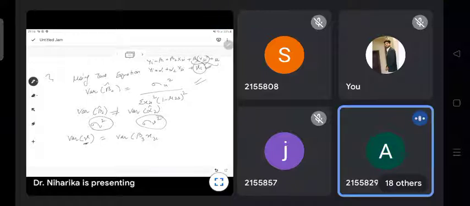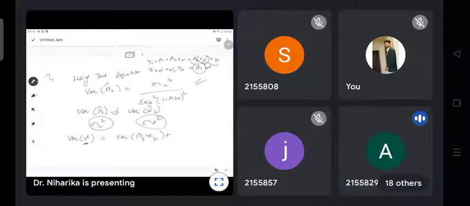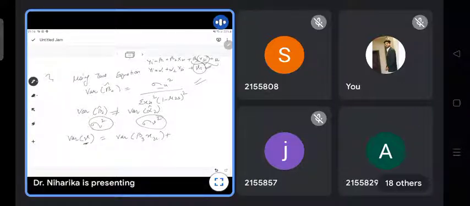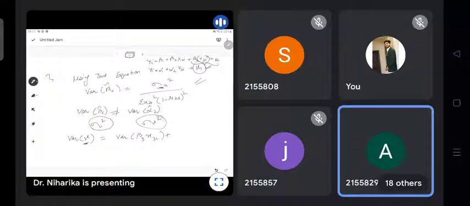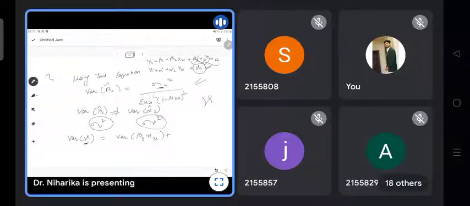Excuse me, ma'am. Yes, dear. Ma'am, in the beginning where you have written variance of β2 cap equals sigma, is it u square or v square? This one? Yes ma'am. This is u, dear. Okay. The v that I write will be like this, okay, and u I'll write like this.